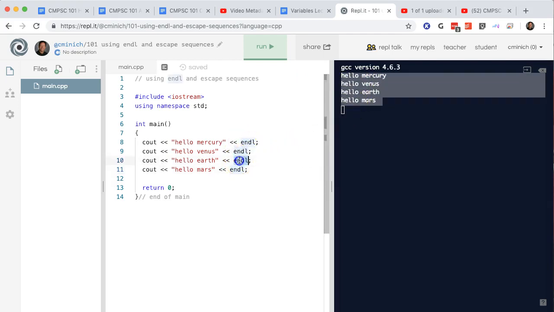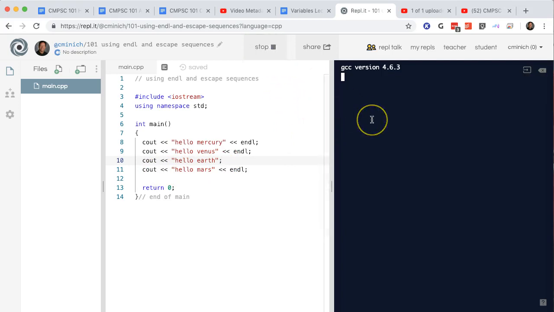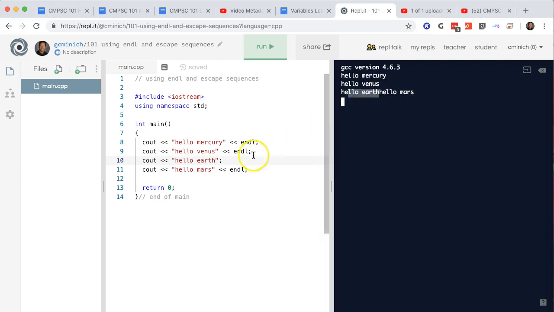If you forget a single endl along with its output operator, in this case, I predict that the H in hello, Mars, will be butted up against the H in Earth because there's no endl that sort of brings the cursor down to the next line. Watch. As predicted, the H in hello, Mars is right next to the H in Earth because there was no